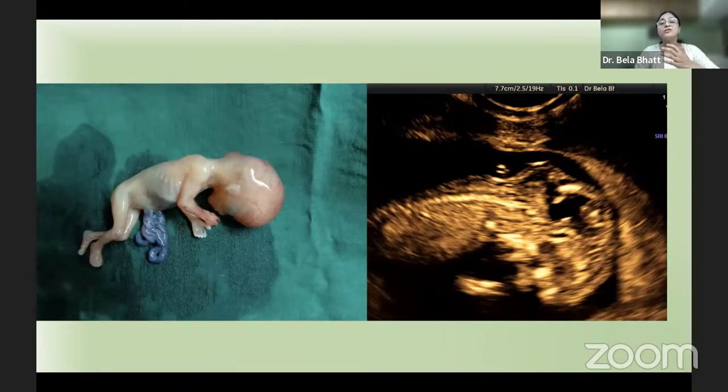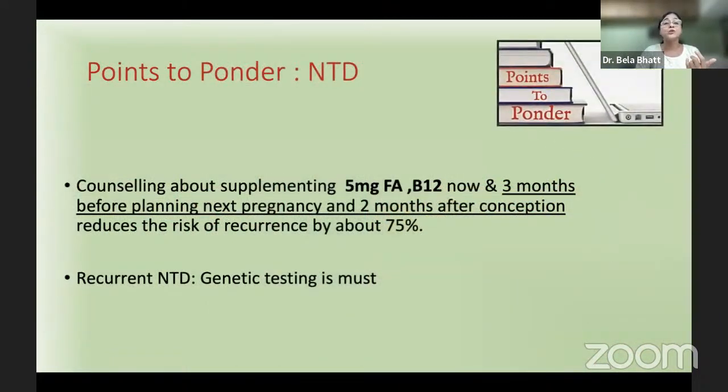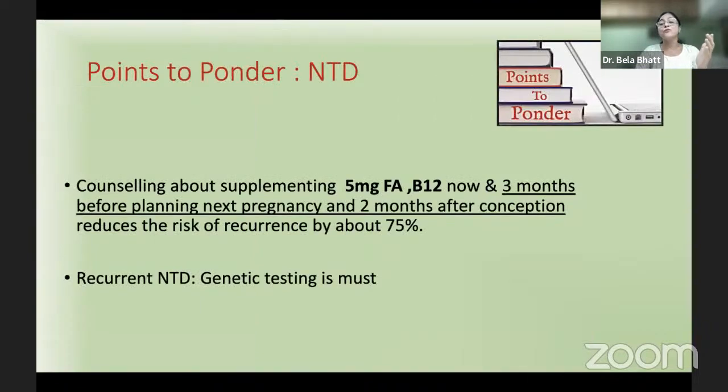So that's the importance of following up before the next pregnancy and improving the outcome in the next pregnancy as well. So, pause to ponder in neural tube defect: both folic acid and B12, 5 milligram folic acid and B12, 3 months before the next pregnancy and 2 months after conception, reduce the risk of neural tube defect. And of course, if there is a recurrent neural tube defect, genetic testing is a must, because there can be,